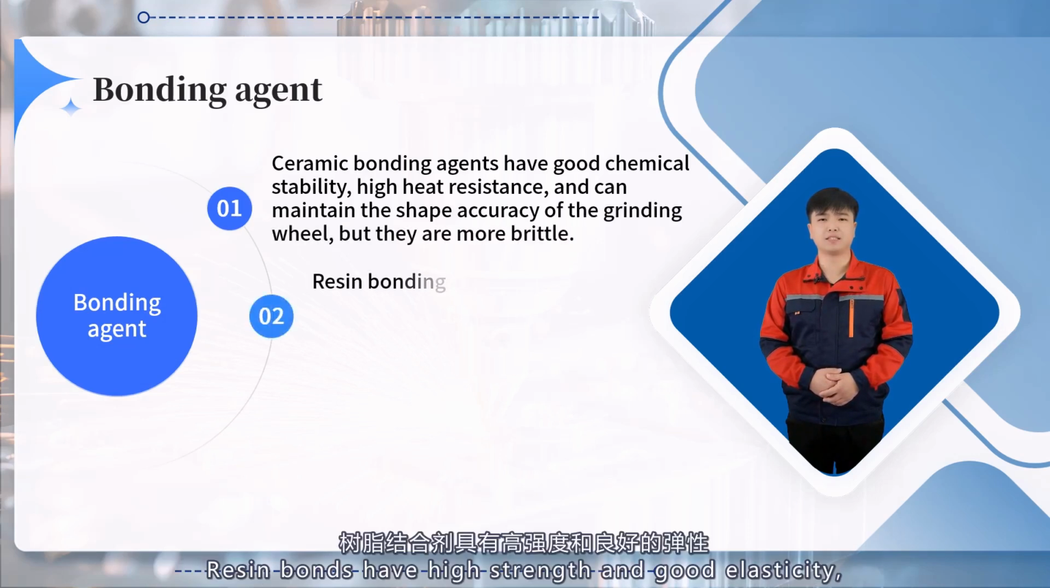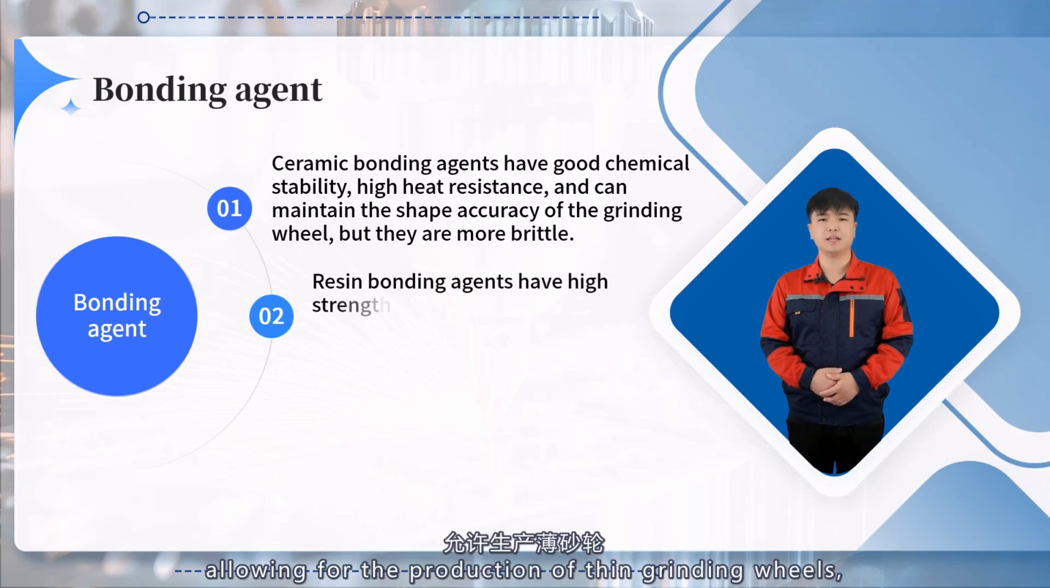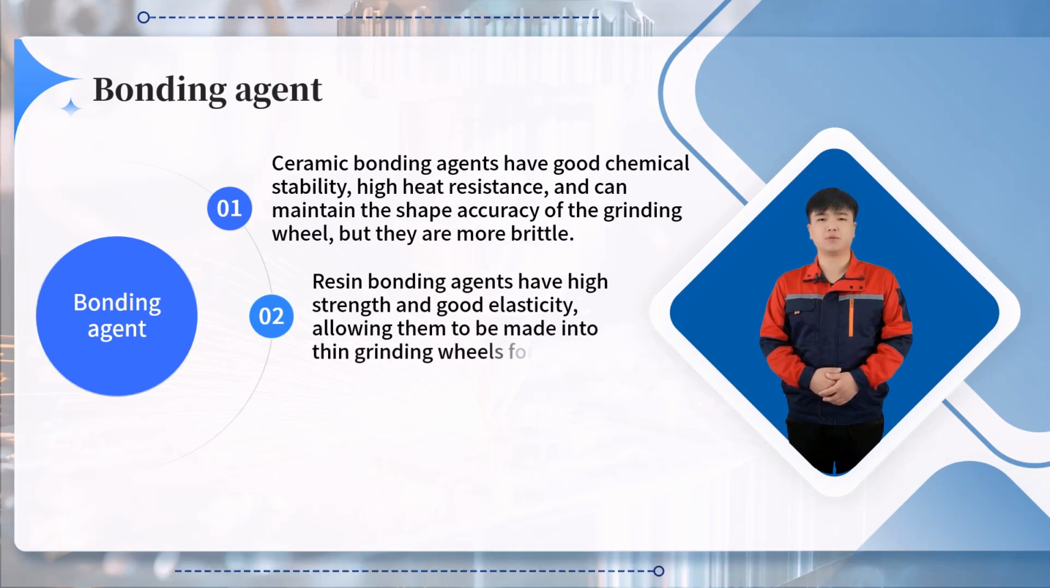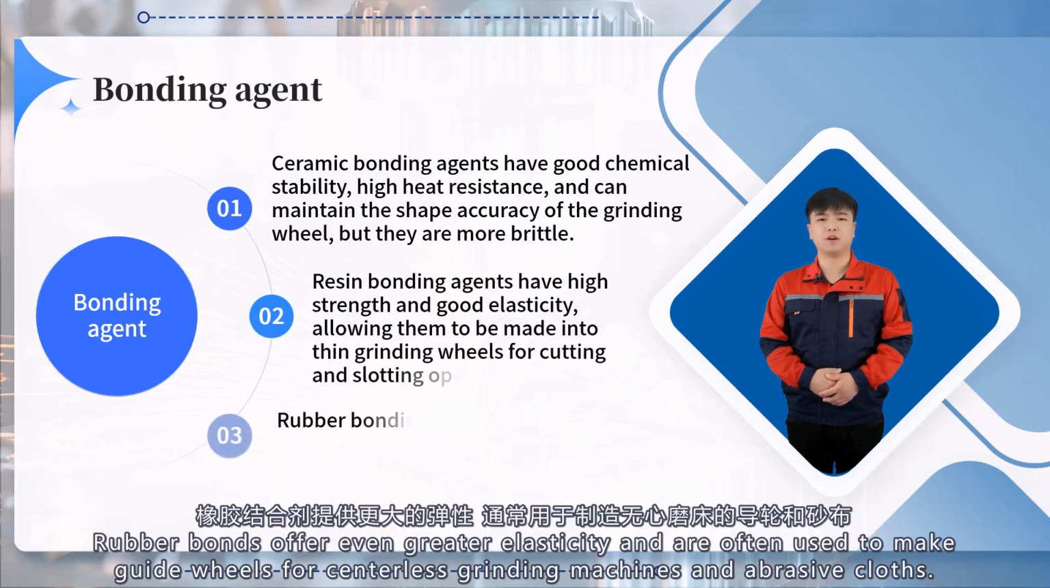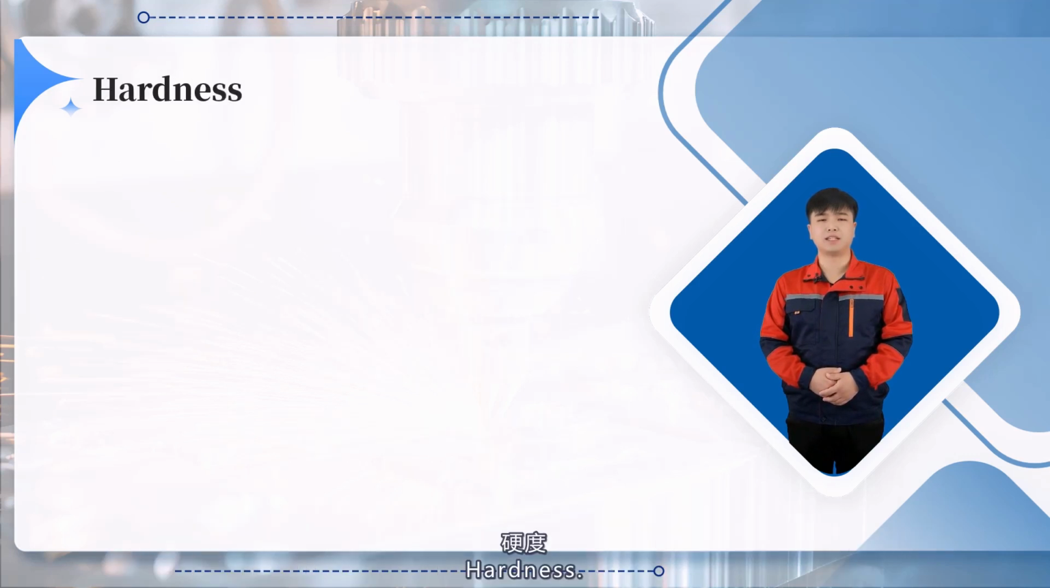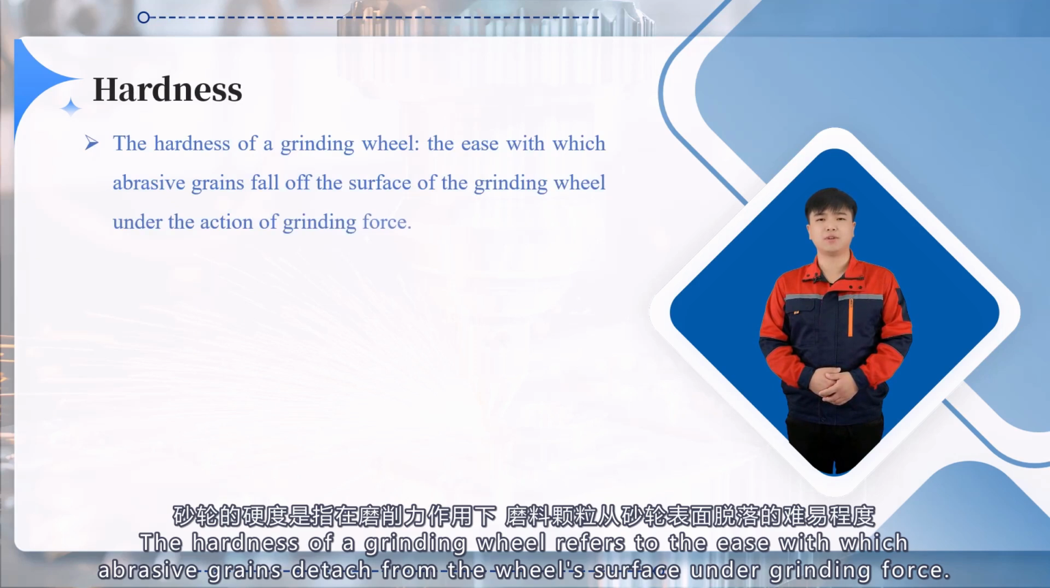Resin bonds have high strength and good elasticity, allowing for the production of thin grinding wheels, and are commonly used in cutting and slotting operations. Rubber bonds offer even greater elasticity and are often used to make guide wheels for centerless grinding machines and abrasive cloths. Hardness. The hardness of a grinding wheel refers to the ease with which abrasive grains detach from the wheel's